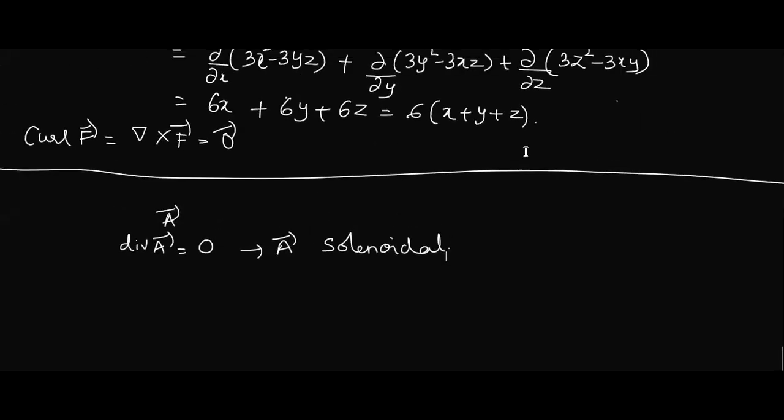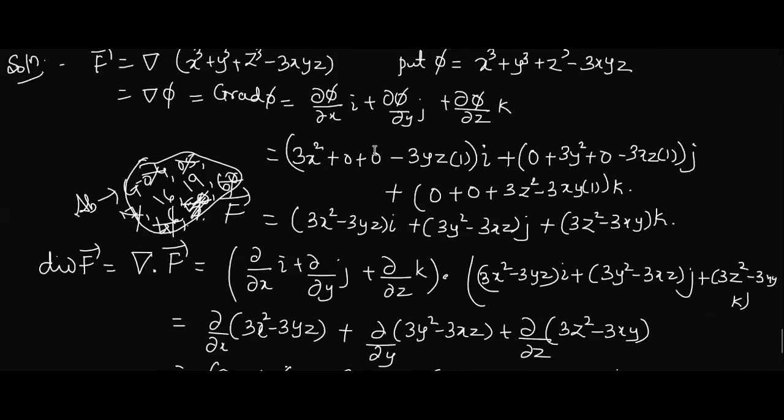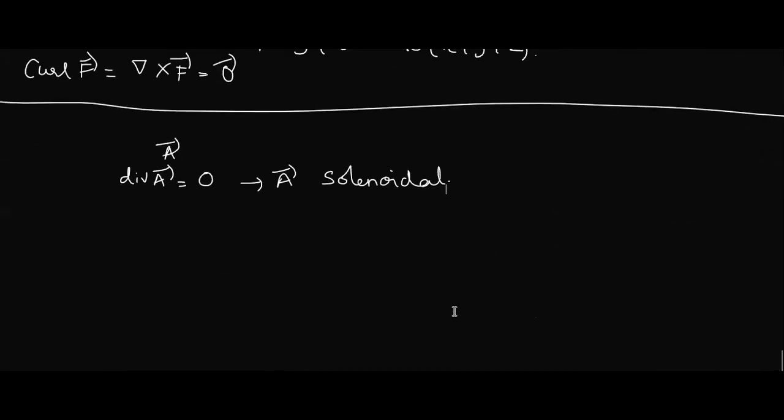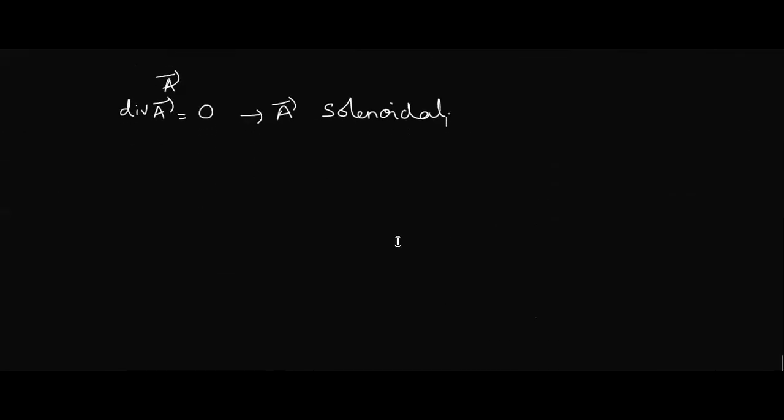Now I can show you here some example. Here we have got some divergence as some quantity. Suppose for some vector field f, if you are getting the divergence of that vector field as 0, you straight away call that vector field solenoidal. Did you get one more word now?